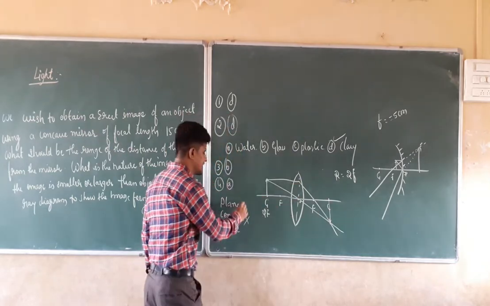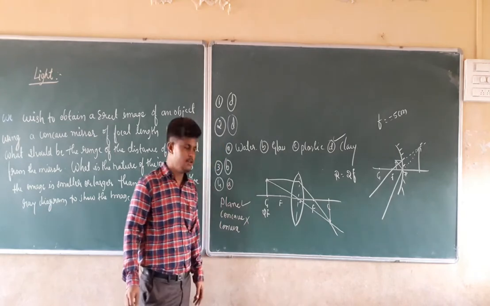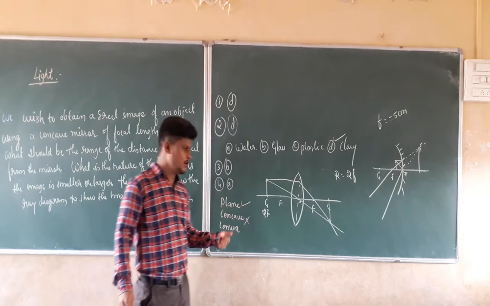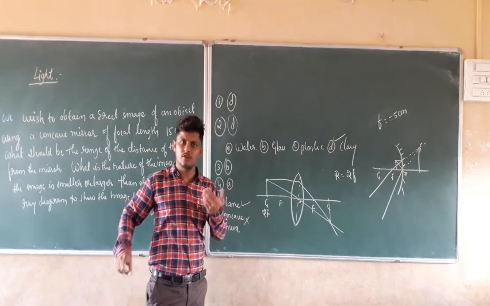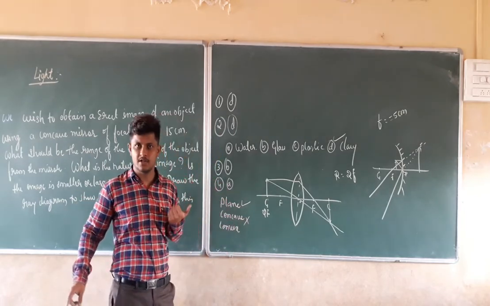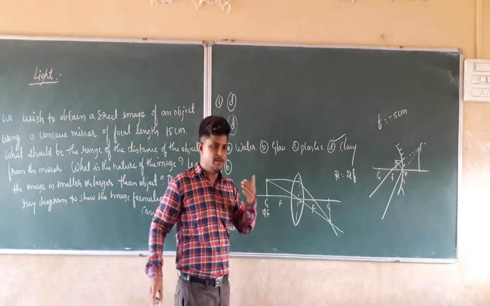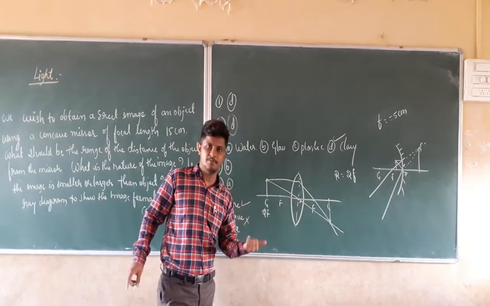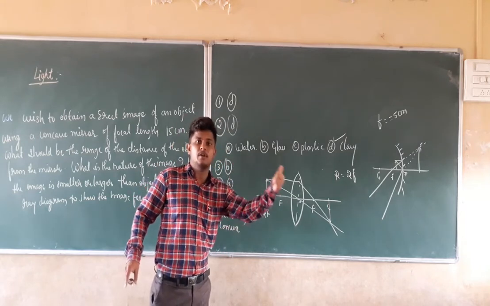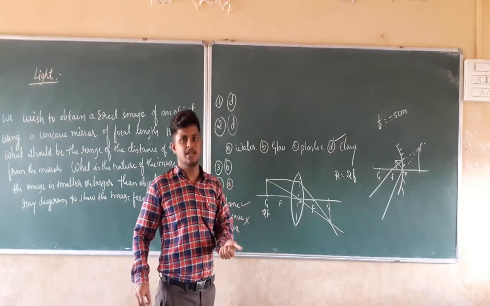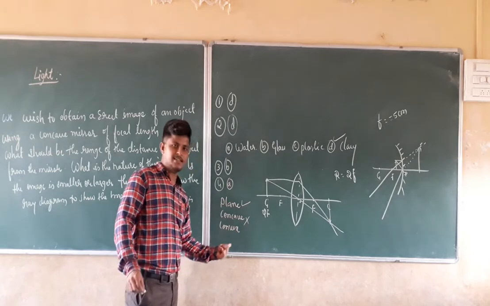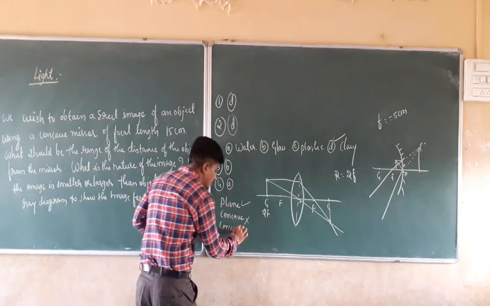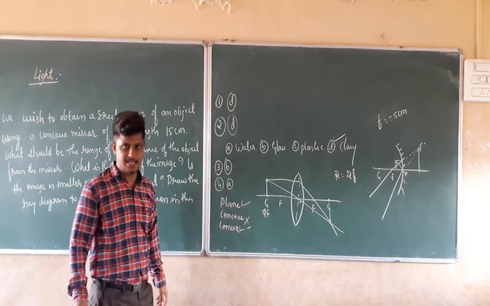So that is the first condition, the plane mirror. If you take the image formation by the convex mirror, when you keep the object at infinity, it is going to produce the upright image only. When you keep the object between the principal focus and the pole of the mirror, it again produces an upright, direct image only. So in all cases in the convex mirror also, it produces an upright image. This condition is also satisfied.